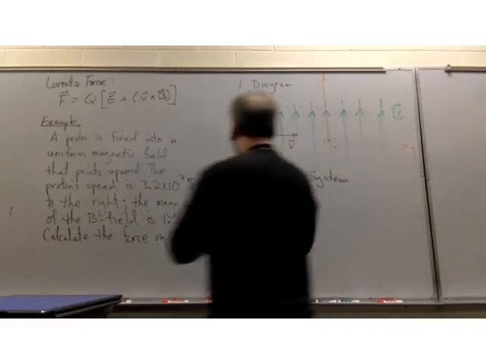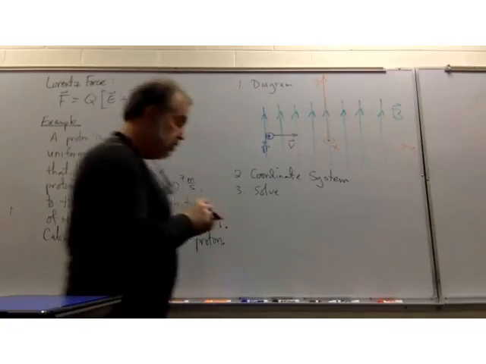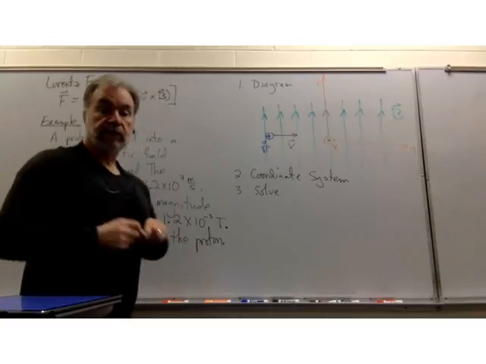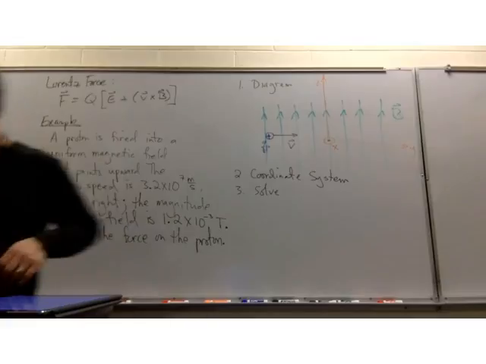All right, so that's our coordinate. Okay, so now we're going to solve the problem. We have a charge, we have a magnetic field, and we know that the charge is moving with some velocity. All of that suggests